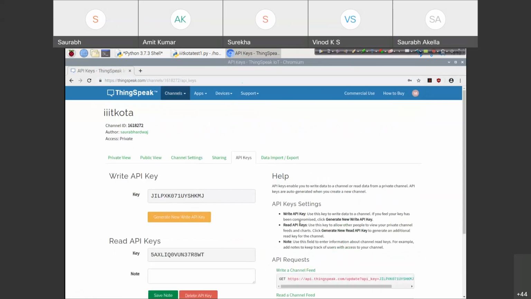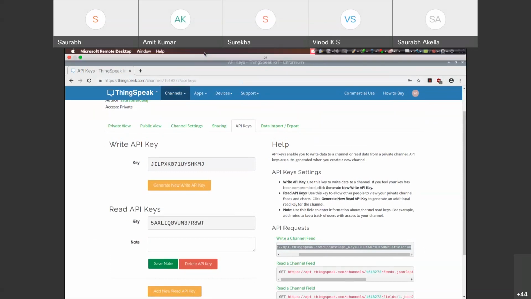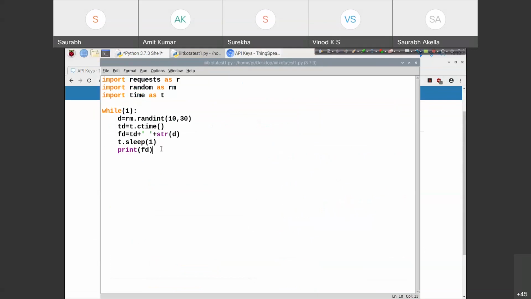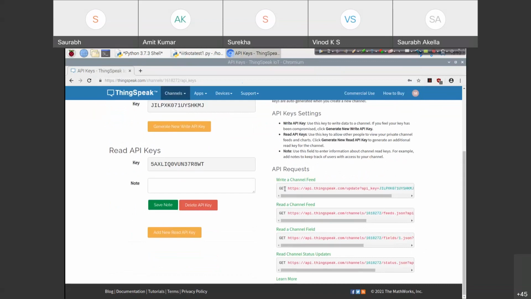API ID, we want to write our data, right? So let me just write that using this ID. So let me copy it and come back to this code. So we have a request library through which we'll be able to request through web. Okay. So r dot get. There are two methods, get and post. Okay. So this ID you have just checked. This is a get method ID. Okay. Get ID. There are two methods, get and post, which are generally used in API communications.